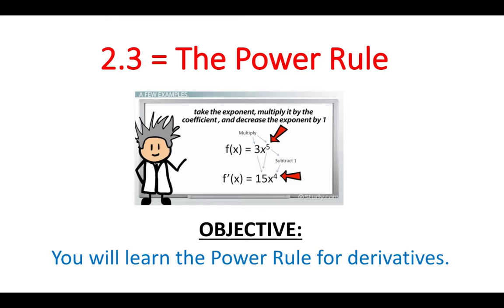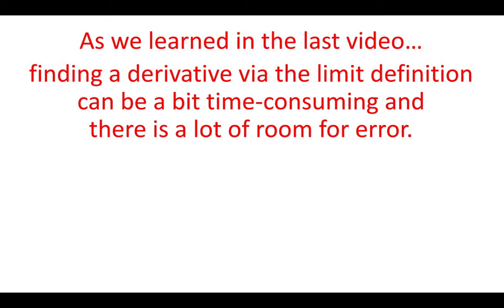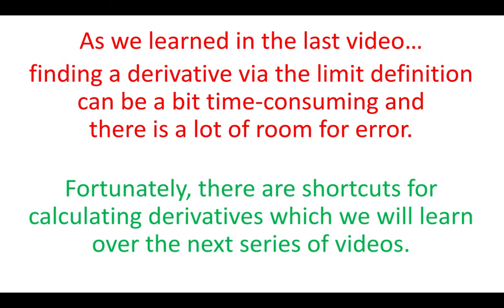As you noticed from the last assignment, it can take a long time to get through just one single derivative. So it turns out there are some shortcuts. As we saw in the last video and the last assignment, that can be a bit time consuming. There's also a lot of room for error. If you just add one number wrong, one little mistake in a big computation can mess up the whole derivative. And we really didn't do any very complicated derivatives either. We just looked at some really small basic polynomial functions. So fortunately, there are shortcuts